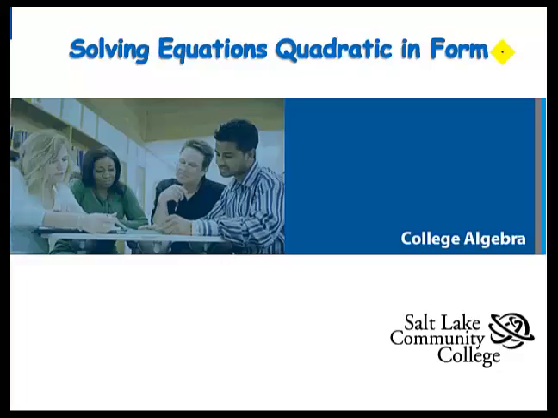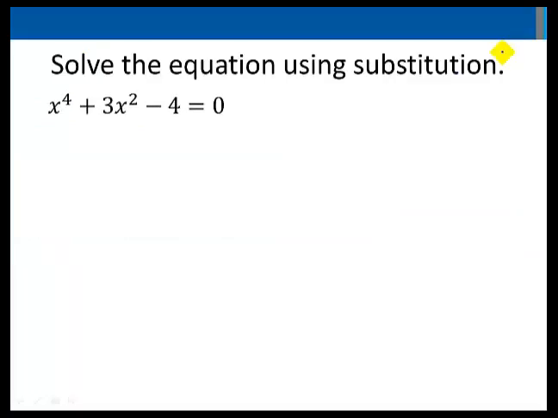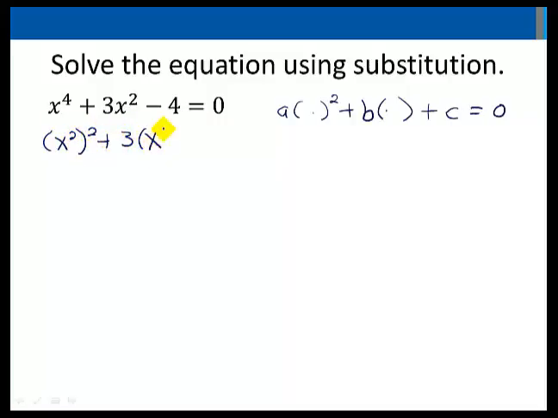In this lesson, we are solving equations quadratic in form by using substitution. The first equation is x to the fourth plus 3x squared minus 4 equals 0. I want to rewrite this equation in the form a times something in parentheses squared plus b times the same thing in parentheses plus c equals 0. Well, in this case, I can write this as (x squared) squared plus 3 times (x squared) in parentheses again, minus 4 equals 0. We will do what we call a u substitution for the thing in parentheses, which is x squared here,